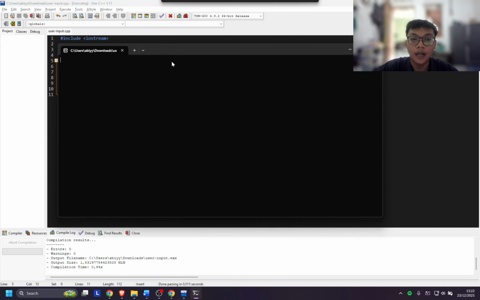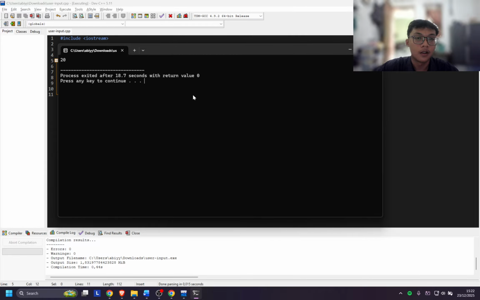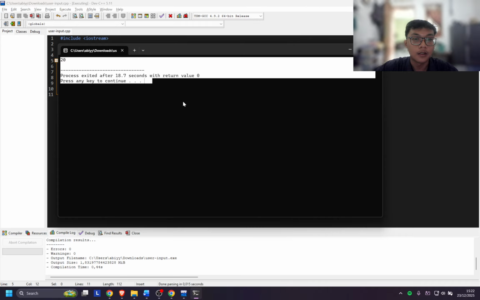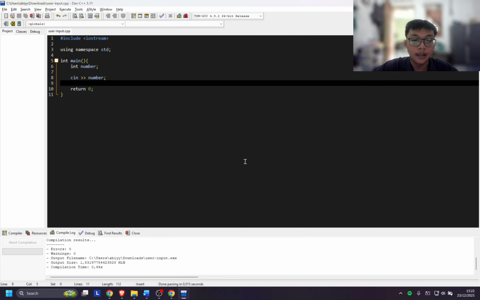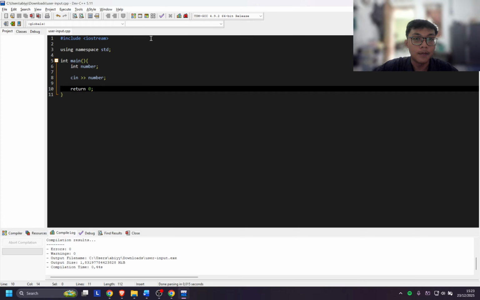The program has opened a new window, and here we can type characters like integer, string, etc. Here I will try to input 20. As you can see, the program successfully runs.